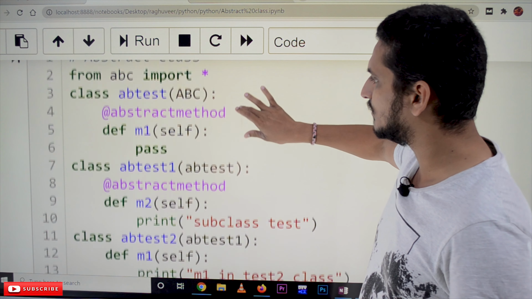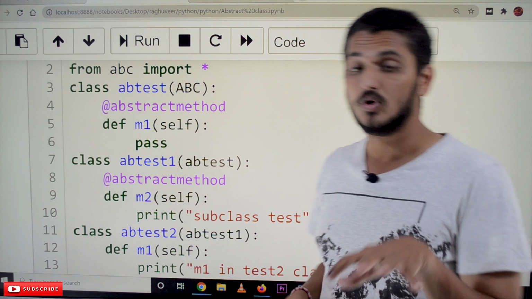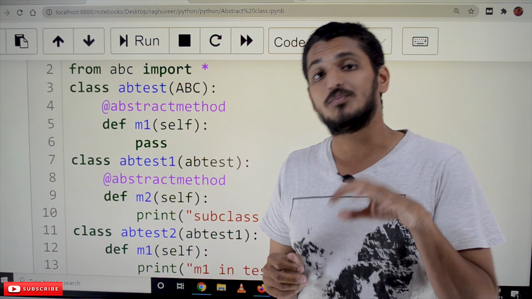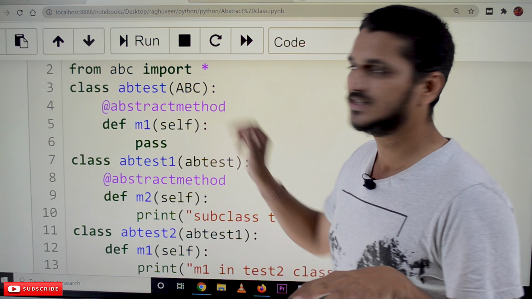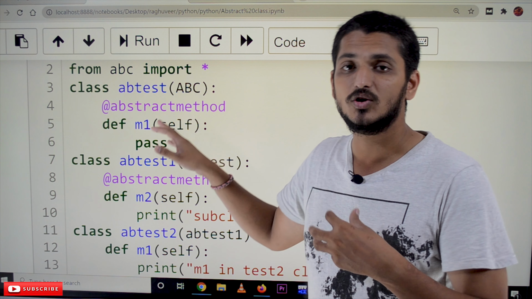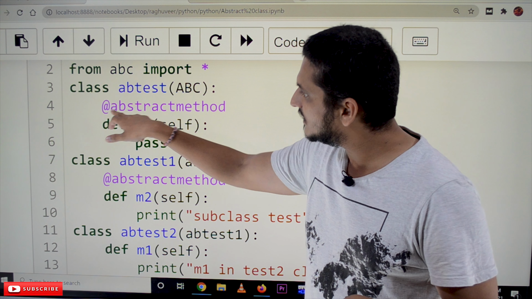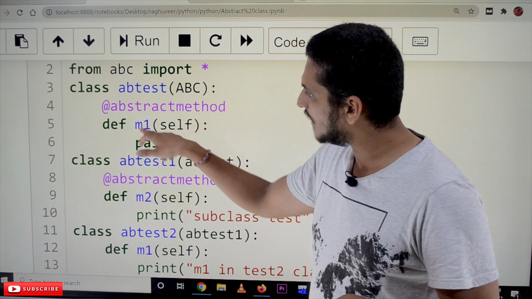Next example, see one more condition. This is also something you have to understand. Suppose AB test is a class that I want to make an abstract class. That's why we use this ABC, and with @abstractmethod we created an abstract method.